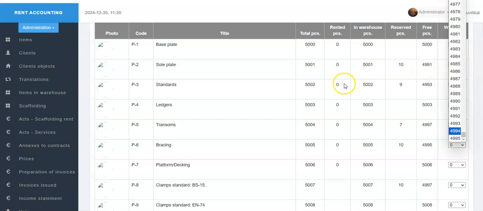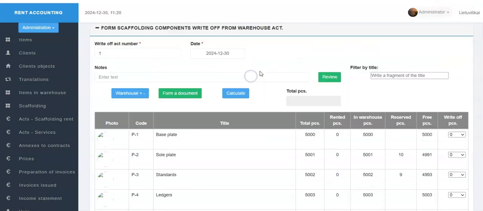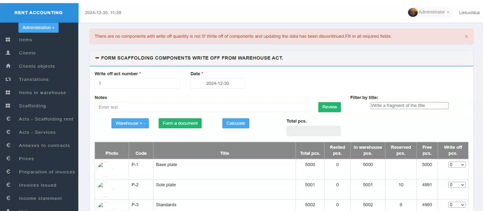If the Form Document button is clicked after leaving the quantities of all components at 0, the program stops the act formation and displays a message with the relevant information.